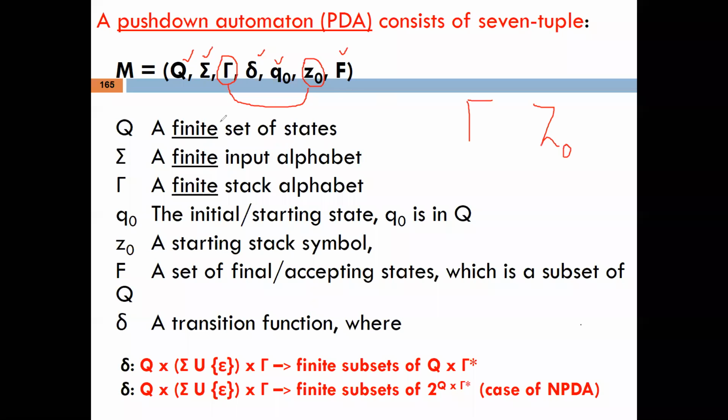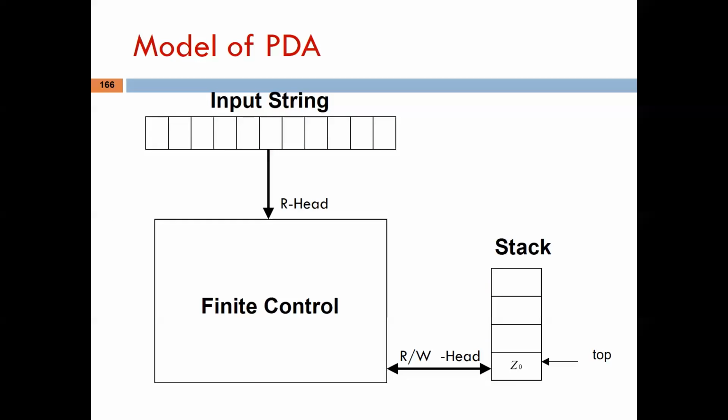Now the point is, what is the use of stack, and the role of tau and Z naught? Then we will discuss the role of these. Going to start, just see the model diagram for the same. So please see the model diagram. Simply, the model diagram is this one.